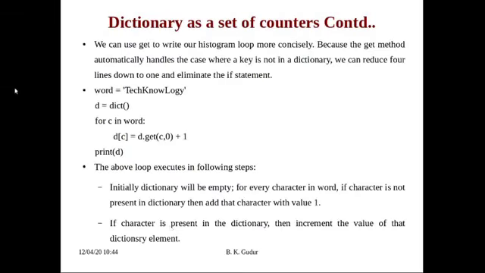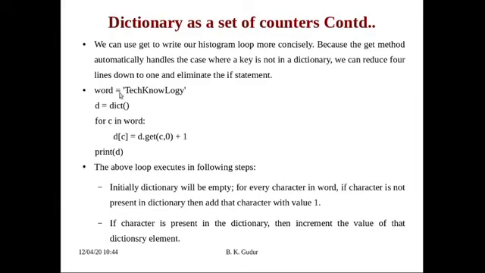So what we can do is use get to write our histogram loop more concisely, because the get method automatically handles the case where a key is not in a dictionary. We can reduce 4 lines down to 1 and eliminate the if statement. So remember one thing: if a key is not there in a dictionary, that will be handled properly. Because if we use this get method, we can eliminate whatever we had written in the if block